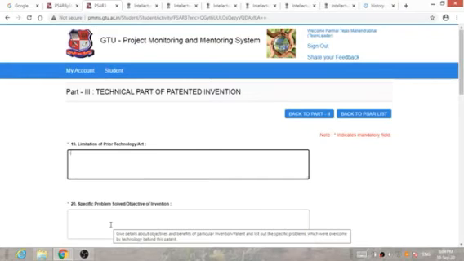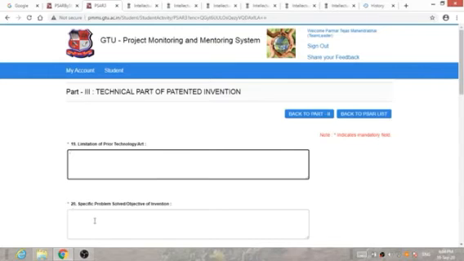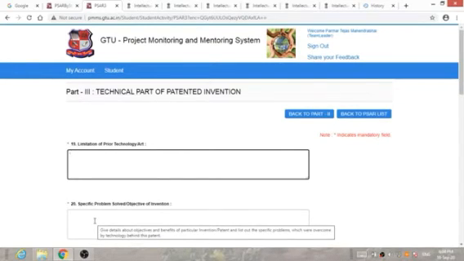So before answering this question you have to read the entire patent, and based on that you have to fill question number 19 and question number 20. You have to mention which problem is solved, and what advantages and objectives are fulfilled with this patent, in your answer to question number 20.